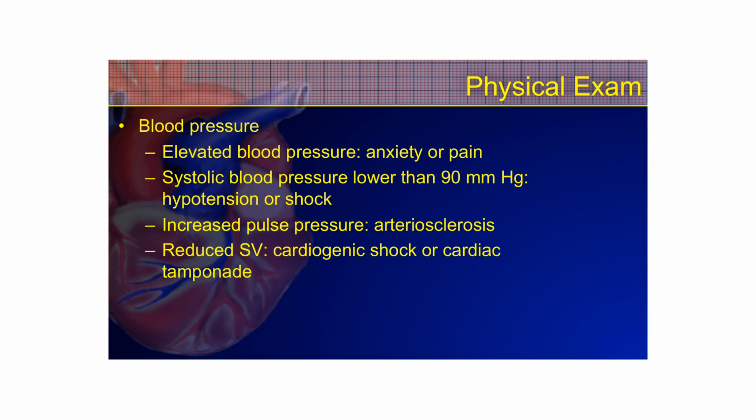Changes in the blood pressure in one arm and the other of more than about 10 millimeters of mercury can be an indication of what we call a dissecting aortic aneurysm, where that occurs more like where I was showing you before, where the ascending aorta, the aortic arch, and the descending aorta are. You could have